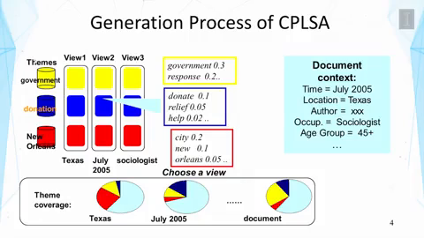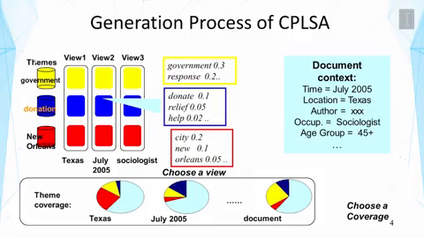Now you can see some probabilities of words for each topic. Once we have chosen a view, the situation will be very similar to what happened in standard PLSA. We assume we have got a word distribution associated with each topic, right? And then next, we also choose a coverage from the bottom. So we're going to choose a particular coverage, and that coverage